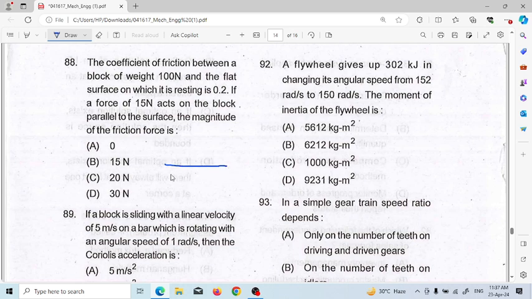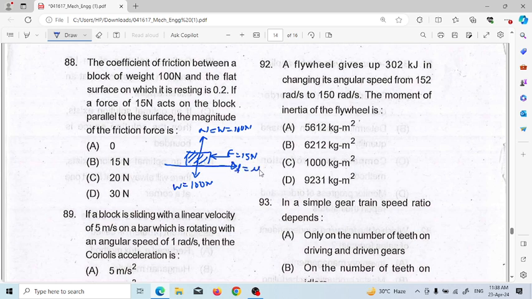So this is our plane where the block is resting, having weight 100 Newton. The plane exerts a normal force N, which is equal to W, which is 100 Newton, and a force F equal to 15 Newton acts, by which there will be a friction force